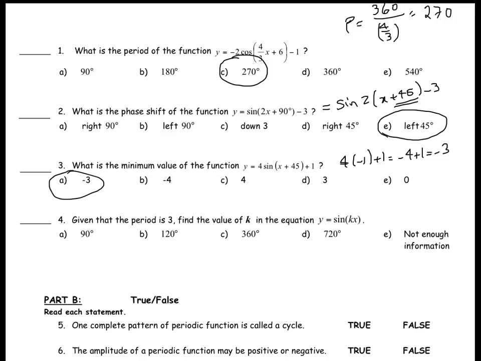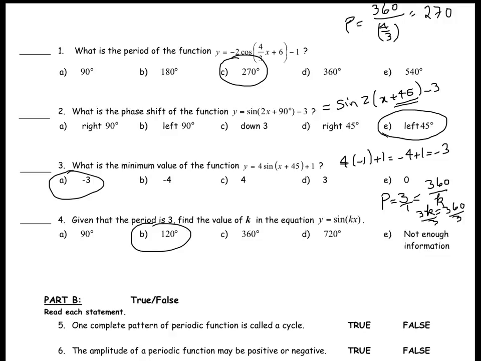The next question says, given that the period is 3, find k in the equation y equals sine kx. We know the period is 3, and we know that b is k, so this means 360 divided by k has to be 3. If we solve this one, if you crisscross, you get 3k is 360, divide by 3, you get k is 120,